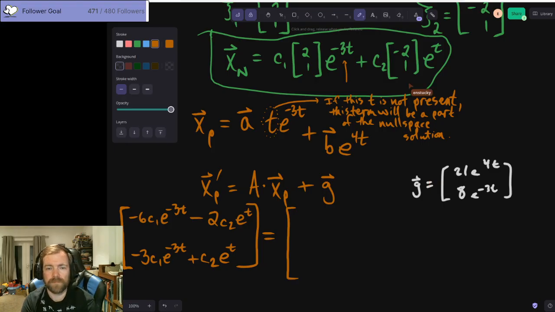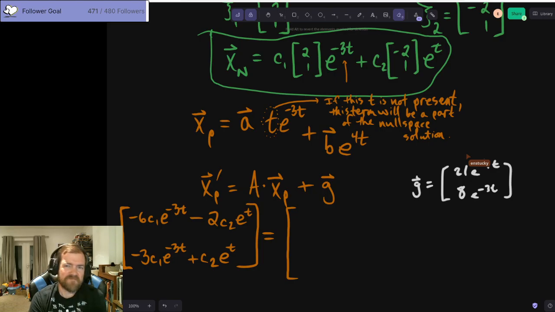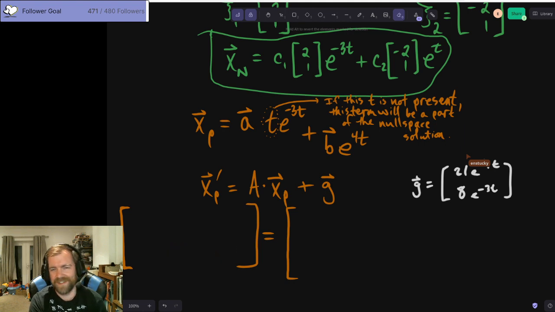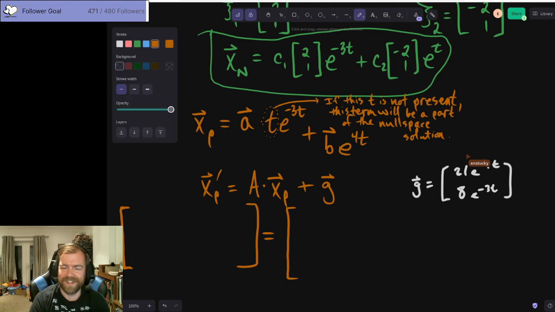Sorry, should the C's... Yeah, no, that is totally not. I just did the null space solution, so that's cool. Ah, I see. There should not be C1 and C2. It should be A and B. Apologies. All right, cool.